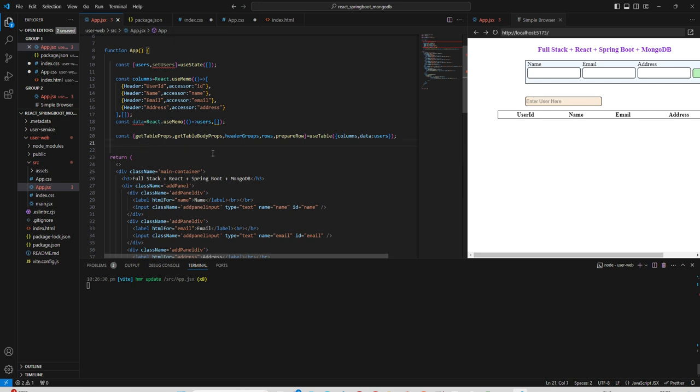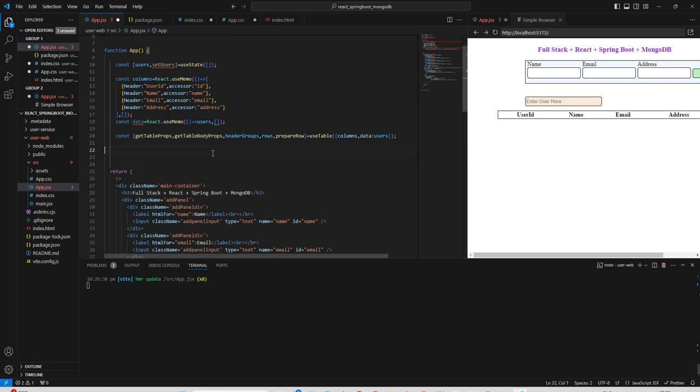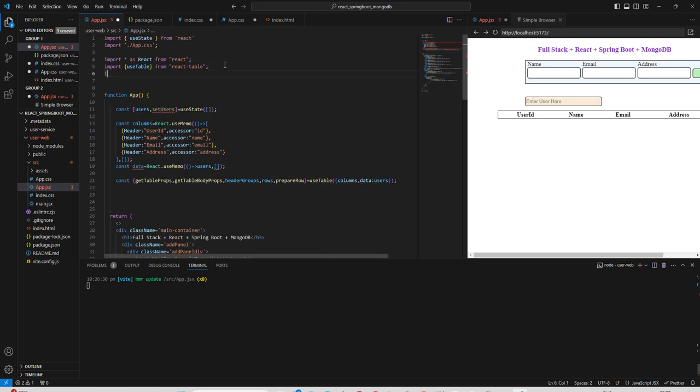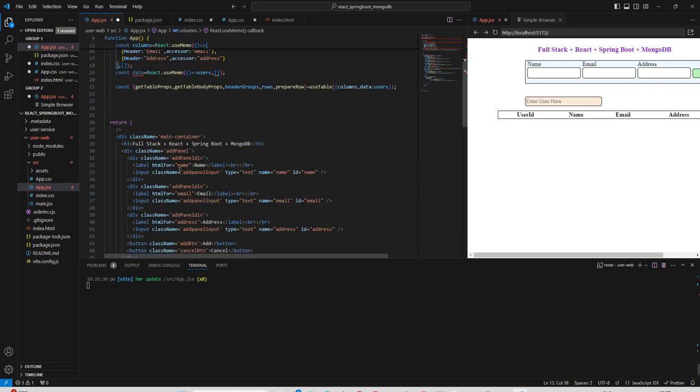So let us define one constant. First we need to add the import for axios so that we can give call the REST APIs from front end side. Here we can define one constant like get all users, and here